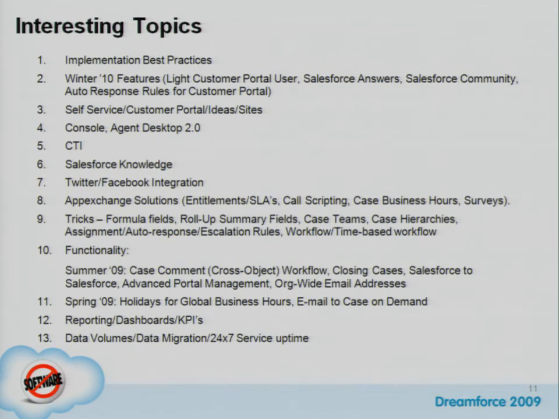Tomorrow there's a session from 9 to 10 where one of our partners, RailPage, is going to talk about migrating from Siebel to Salesforce, and that's a view of an organization taking years of data and then deciding how they want to migrate. The biggest thing is for you to understand what the key data is that you need, how that data maps to your processes, and how much of that data in the system you want to migrate to Salesforce.